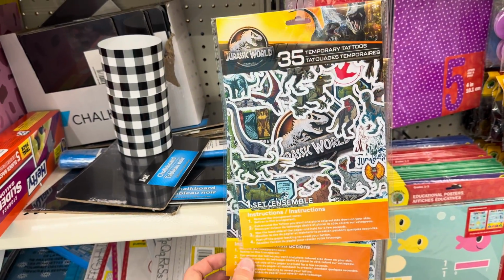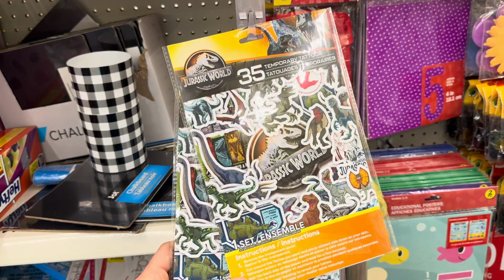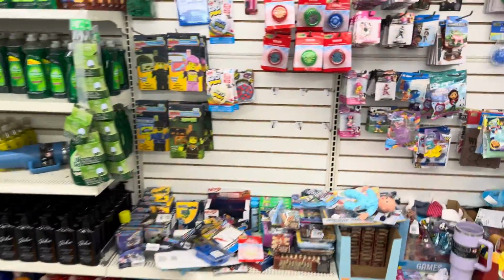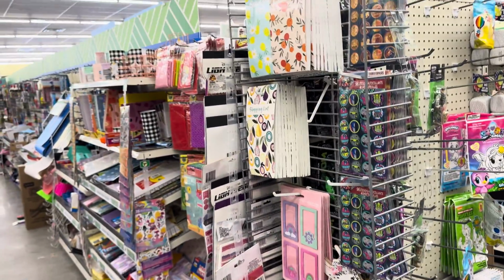I'm definitely gonna pick these up. Oh, that's pretty cool. So we got 35 temporary tattoos, as y'all can see. Pretty cool. So there is something new here. But other than that, I don't really see anything new. I'll keep looking around the store to see if I can find anything, but we at least found one new